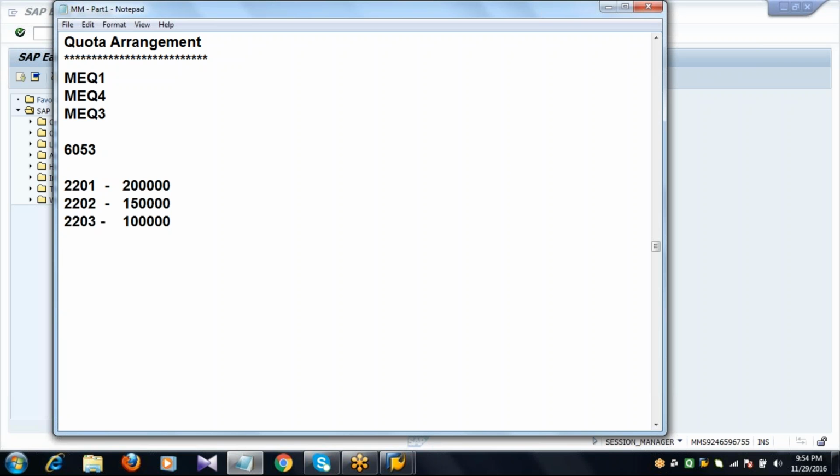Okay. So quota means allocation or priority levels. The purchaser from the purchasing department will allocate priority levels to the suppliers or vendors.